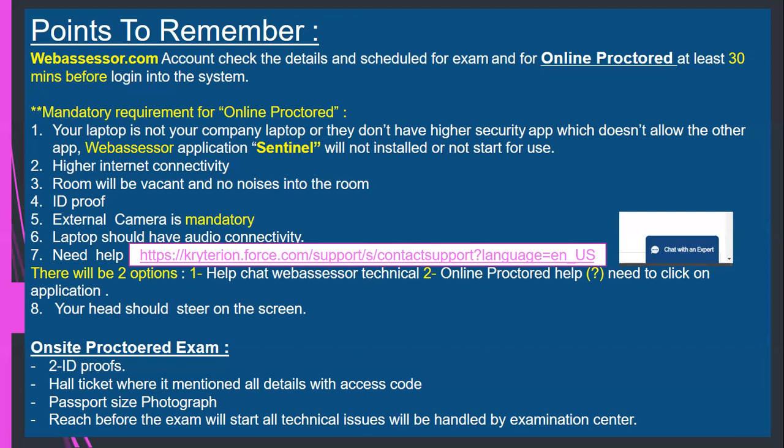In the exam, whatever the questions are, there is a review option. Sometimes you are confused, correct? Multiple options are given for the question, and you're confused that this might be the answer, or another might be. So when you are in a confusing state, definitely you can mark it for review. At the end of the examination, you have time, then you can